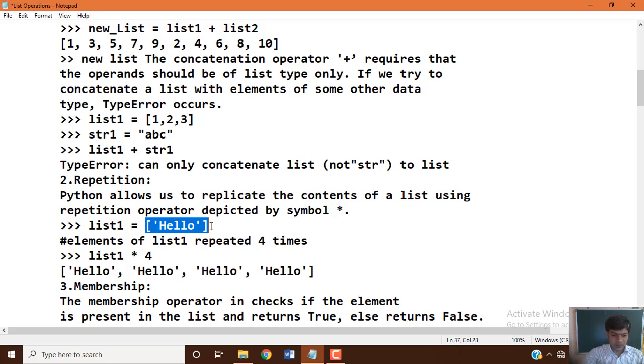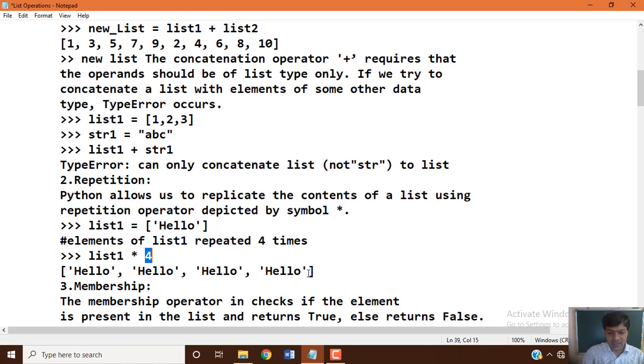So elements of list1 repeated 4 times. If you want to repeat 4 times, yes, we can use the list variable list1 asterisk 4. Then we can see that whatever data items list1 contains will be repeated 4 number of times.